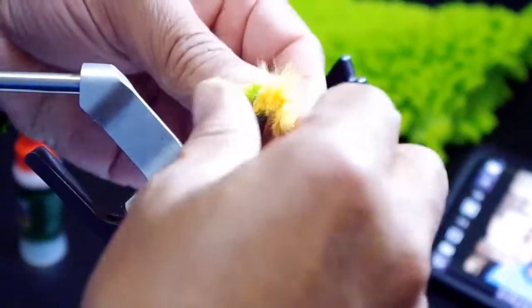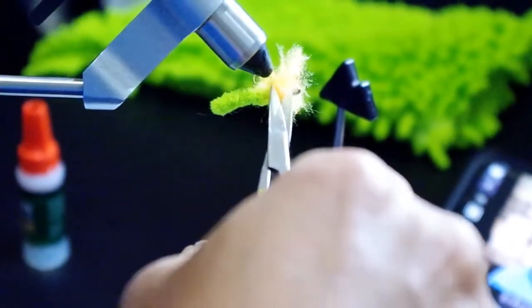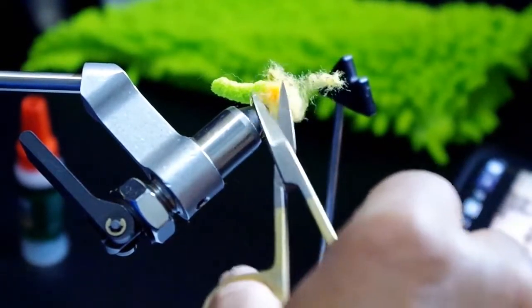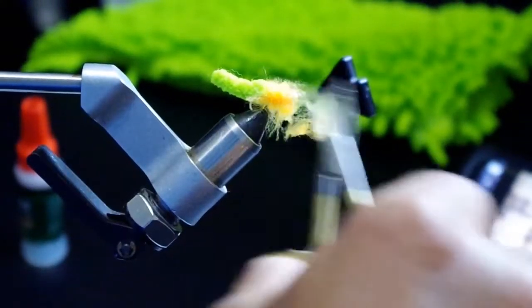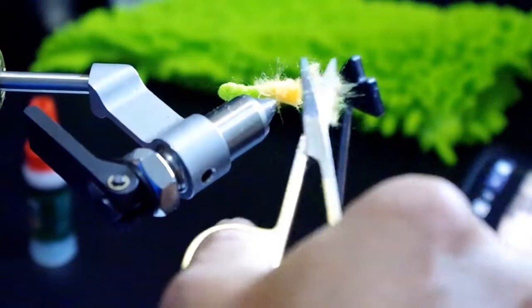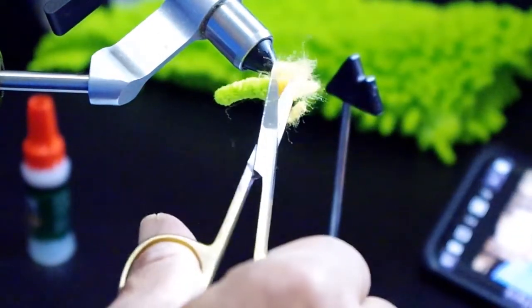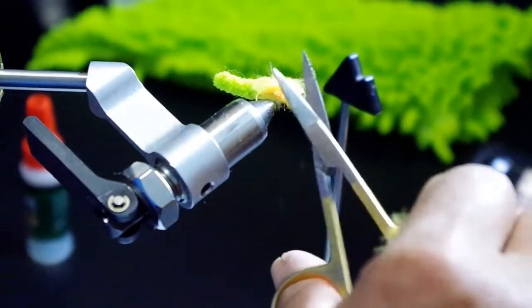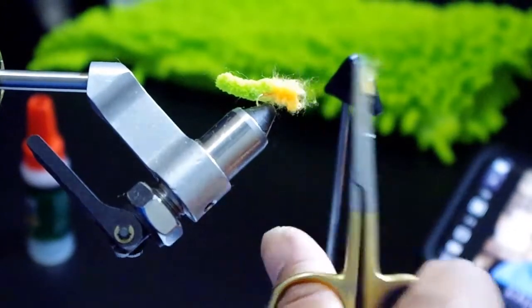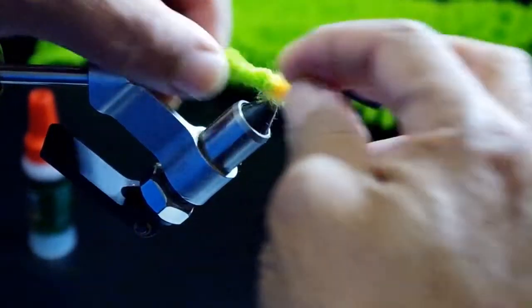Instead you can shape it now, and you can see that this one's a lot quicker to shape because you don't have near as much material to contend with as when we were doing the three sections of egg yarn and having to tie it off and then kind of flip it over, add another section on the bottom, and then what ended up happening is you had a lot more excess to cut off. And in this case, all you have is just a real quick trim, and you can leave it as long as you want or you can leave it as short as you want,